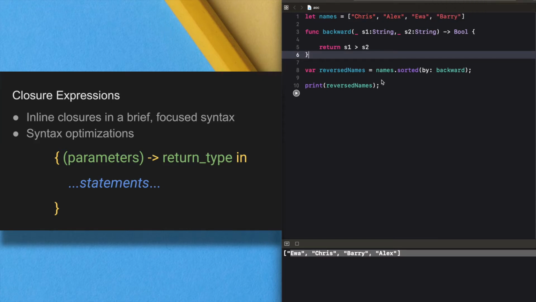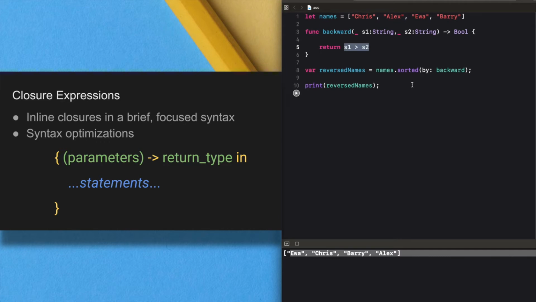This is rather a long-winded way to write what is essentially a single expression. We only need this value, right? In this example, it would be preferable to write the sorting closure inline using the closure expression syntax.